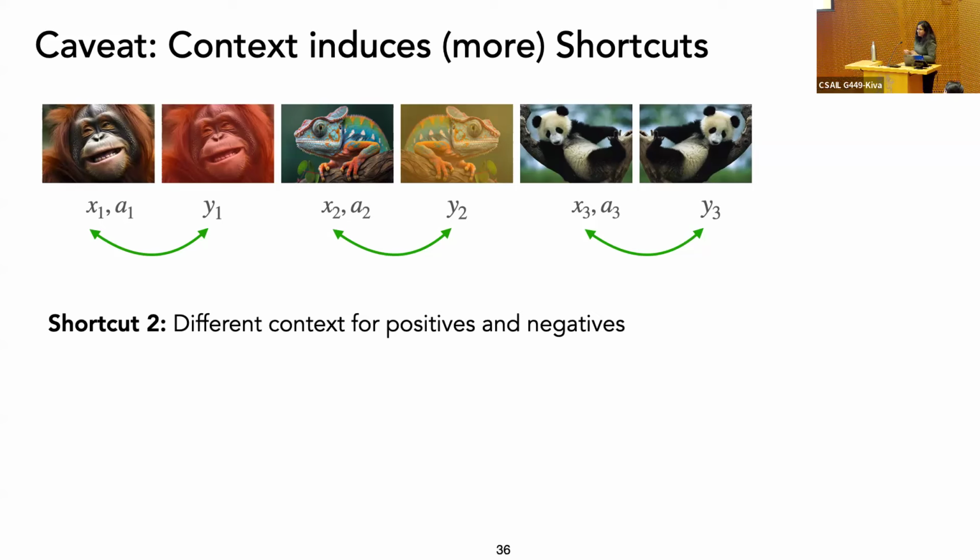The idea is that because we use this contrastive loss, we are also trying to separate out the positives from the negatives, to distinguish between them and align them as far away as possible in the embedding space. Since we are using attention, we are also using the tokens in the form of a sequence. Corresponding to each positive pair, all the other images are negatives. Because of that, each negative and positive pair actually sees different contexts. So your model can use some simple shortcuts, like just averaging the embedding of whatever it saw, to produce the embeddings to separate out the positives and the negatives, which is a shortcut, again, preventing it from